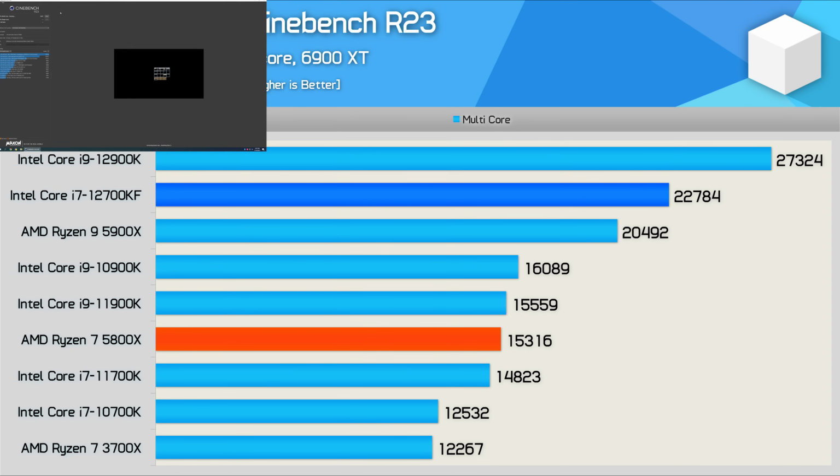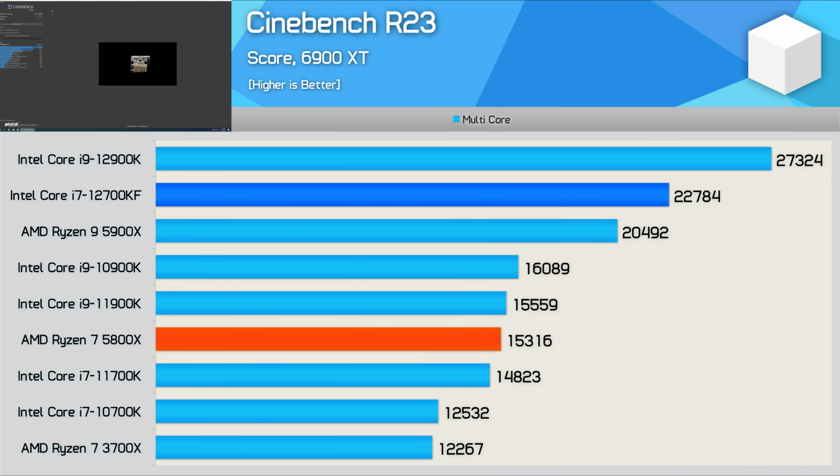Starting with Cinebench R23, you find some rather brutal results for AMD. Here the 12700KF is seen delivering almost 50% more performance than the 5800X and 54% more than its predecessor, the 11700K. In fact, the new 12th gen Core i7 processor was 11% faster than the 5900X, a part that currently costs 25% more. Then we see that the 12700KF was 17% slower than the 12900K, which is a pretty decent margin,